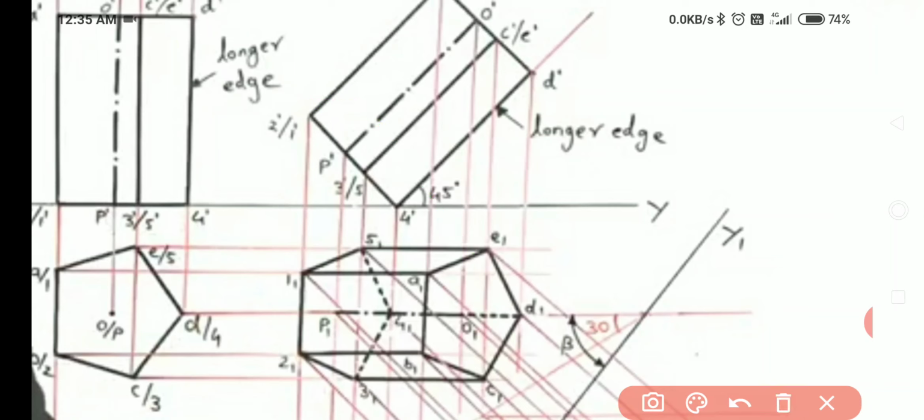So this is a dark line. So you will draw this, then you have to draw this, all this front side of this prism, this pentagonal prism. Then next, according to the question, incline the longer edge